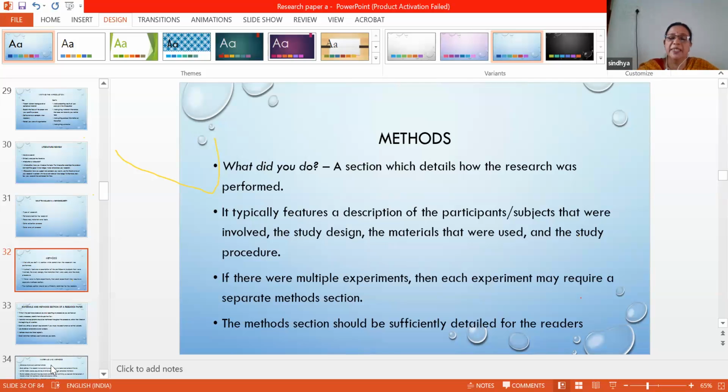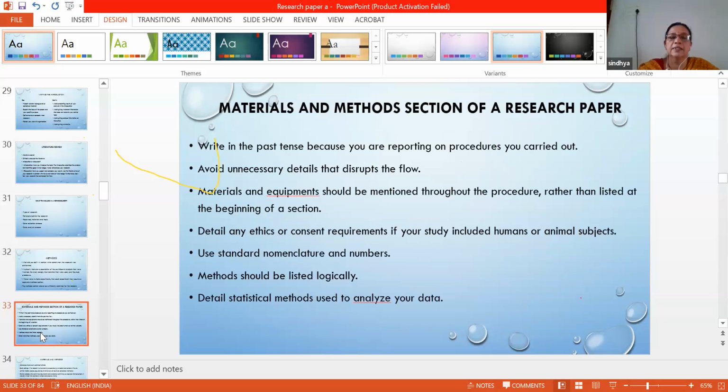So it should be detailed. That is, the methodology section should detail all the methods and materials. Always write in the past tense. That is, APA style demands this in the methodology section. We use the past tense because we are reporting the procedures you have carried out. So when you report, you use the past tense. That is one